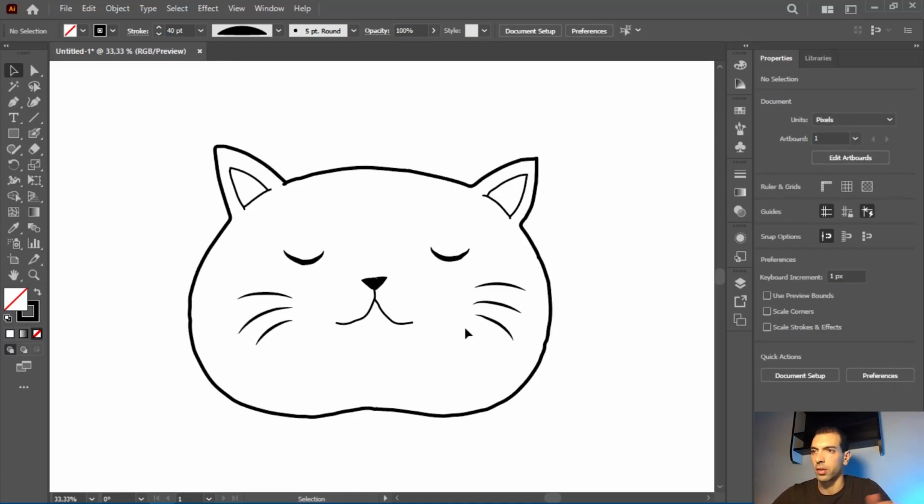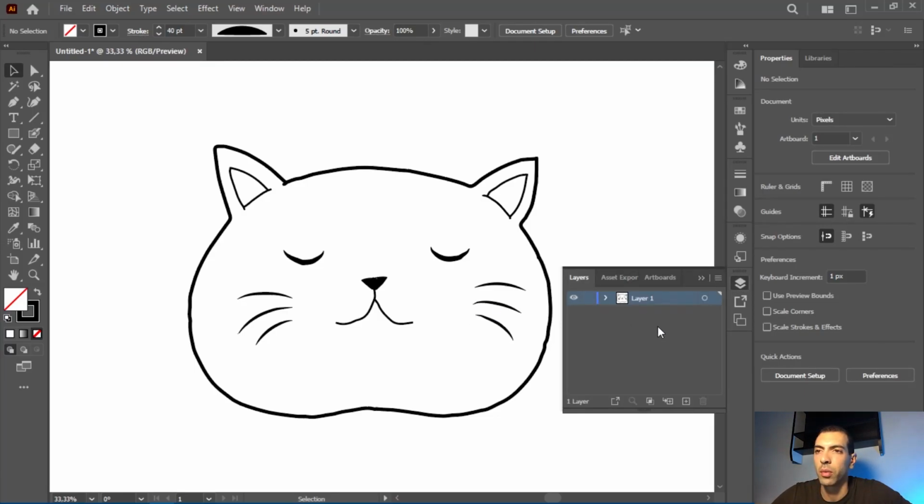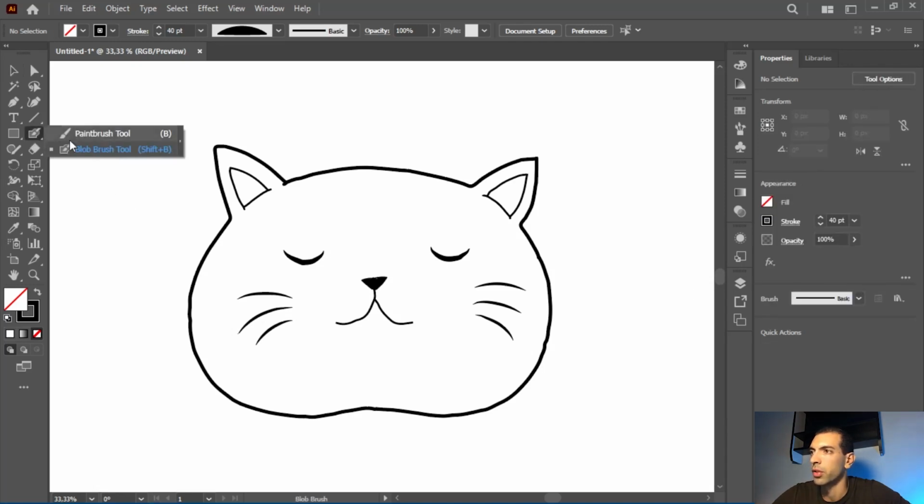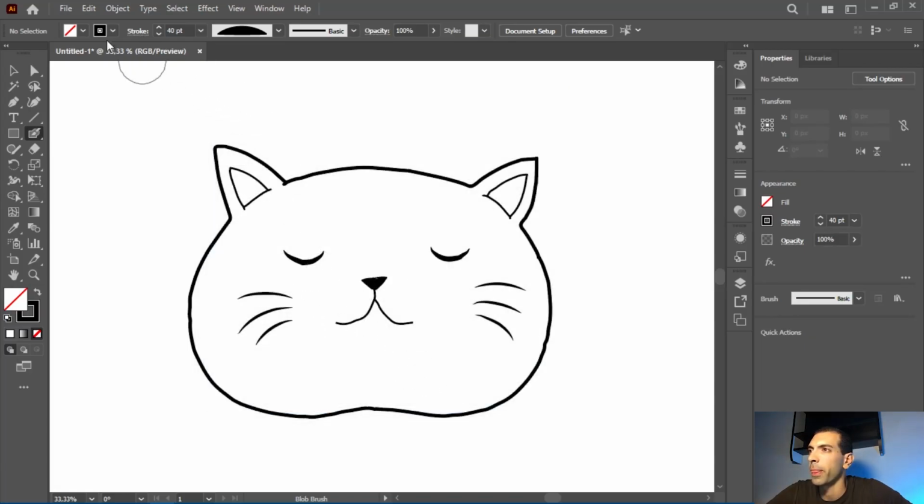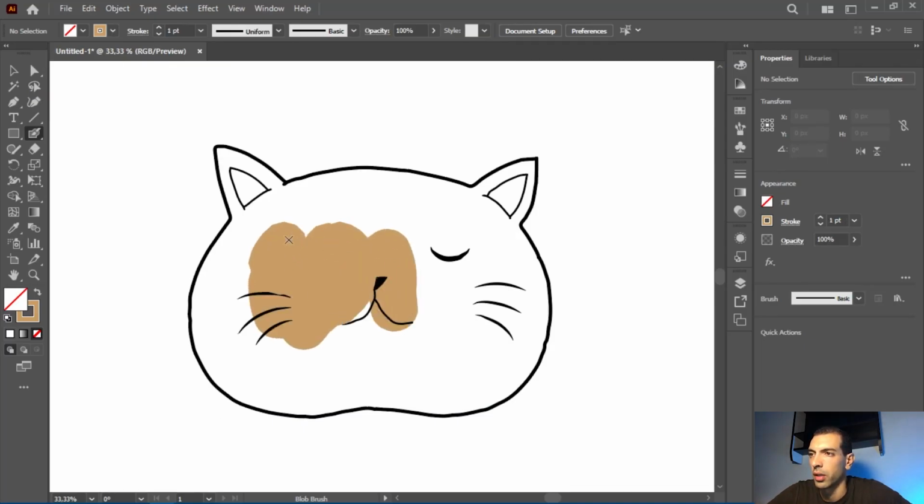Yes, I can do the coloring now. I'm gonna open the layers window. I'm gonna lock this layer, click on create new layer. I have layer 2. I'm gonna put it under layer 1, and I'm gonna now do the coloring. I'm gonna choose blob brush tool. I double click. I'm gonna choose a big size like 150. Click on OK. I'm gonna choose this color, and I'm gonna start coloring like this,